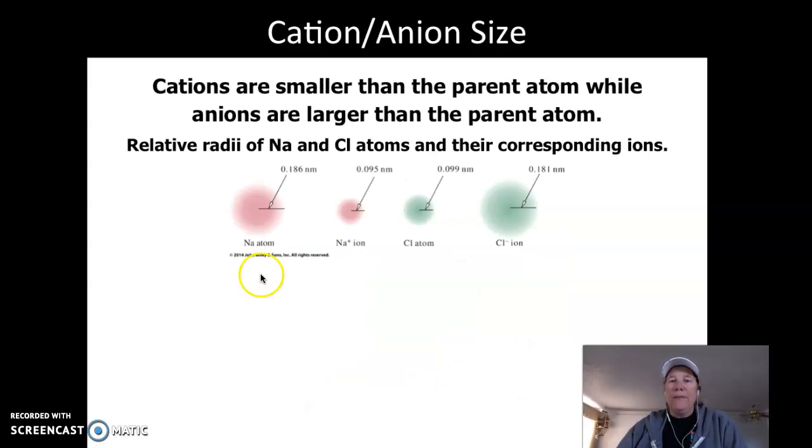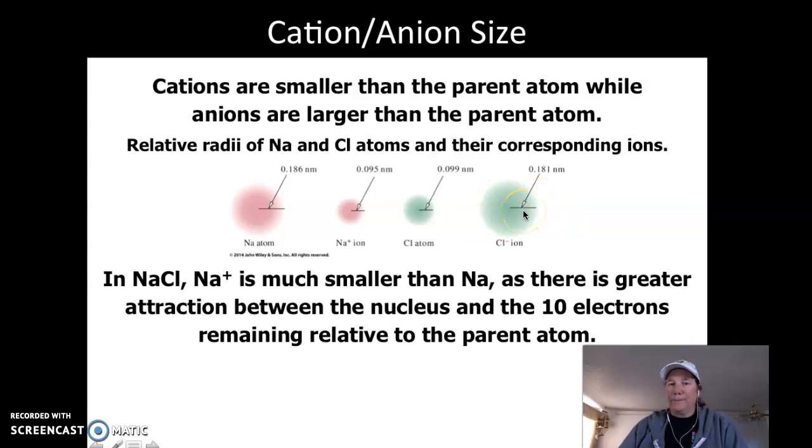Okay? The cations are going to get smaller because they've given up a whole layer. They have one electron in this outside layer, and they're going to give that up. So they lose a layer, and that's why they're smaller. And the chlorine is going to get larger because it gained one, and so it pulls it out farther, so it fills out this. So the metal ions, the cations, get smaller, and the anions get larger, which makes sense because